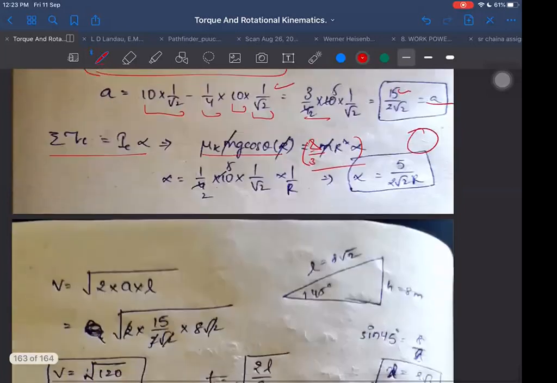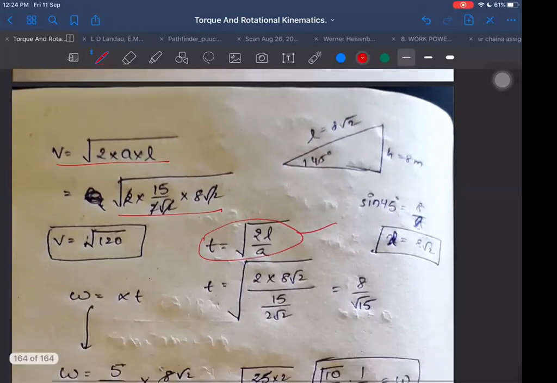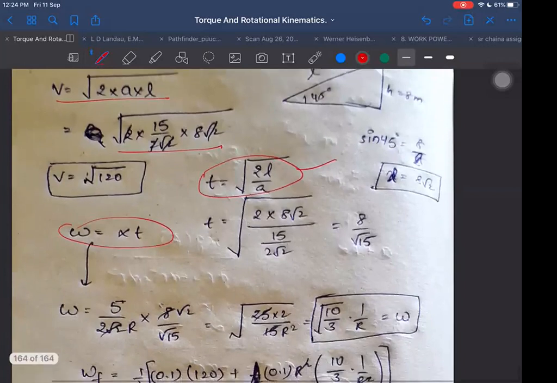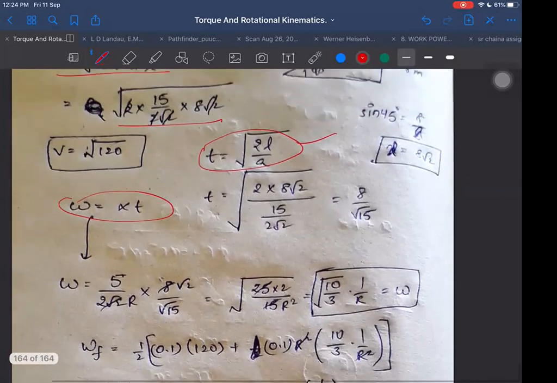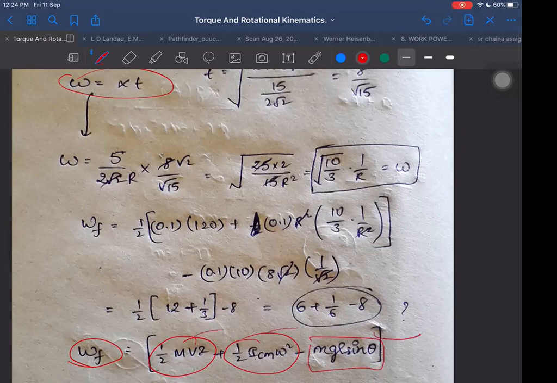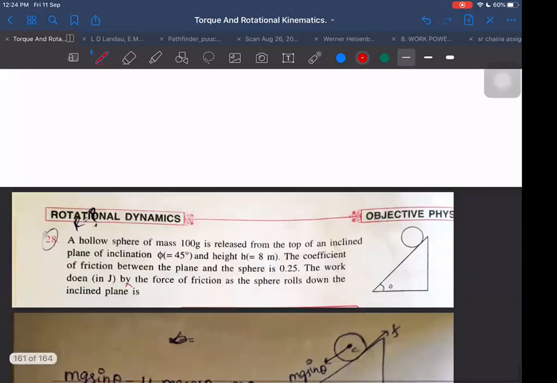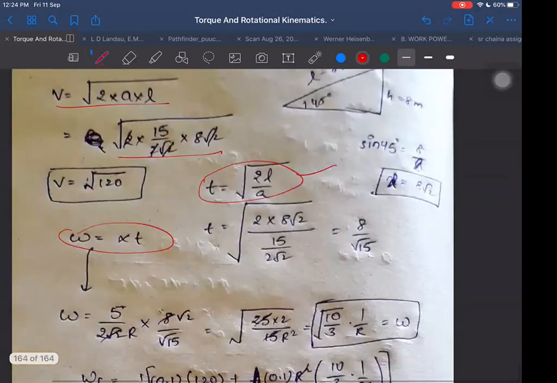After that, v is equal to root 2 a l, that is correct only. Time is equal to root 2 l by a, that is correct only. Omega is equal to alpha t, that is also correct only. Remaining things you are doing right, but your mistake was committed before only, and because of that other things will also go wrong. Work done by friction is equal to change in mechanical energy total, half m v square plus half I_CM into omega square, minus mgl sin theta. I think everything is correct except that thing probably. Okay, sir, do again. If you see, but please keep asking your doubts. This way is a much better way, the way Neelkantha has asked. Solve something. You are committing mistakes, no problem, but solve something, and then we will find out your mistakes also.